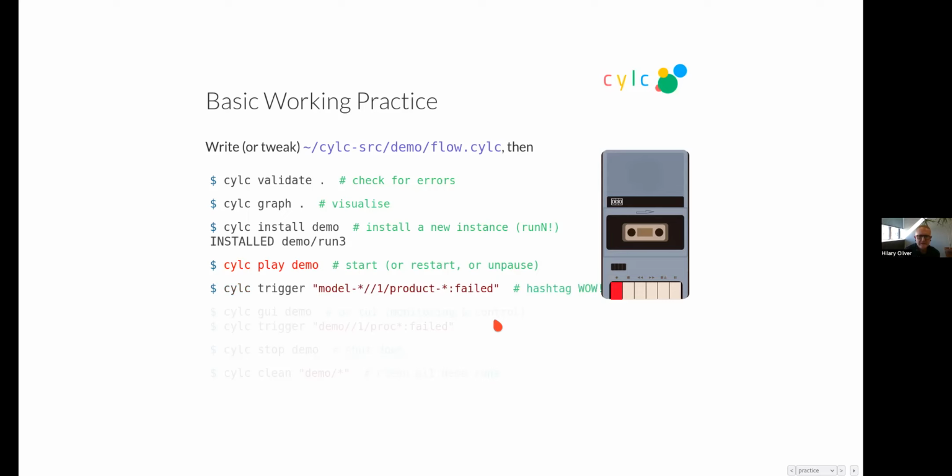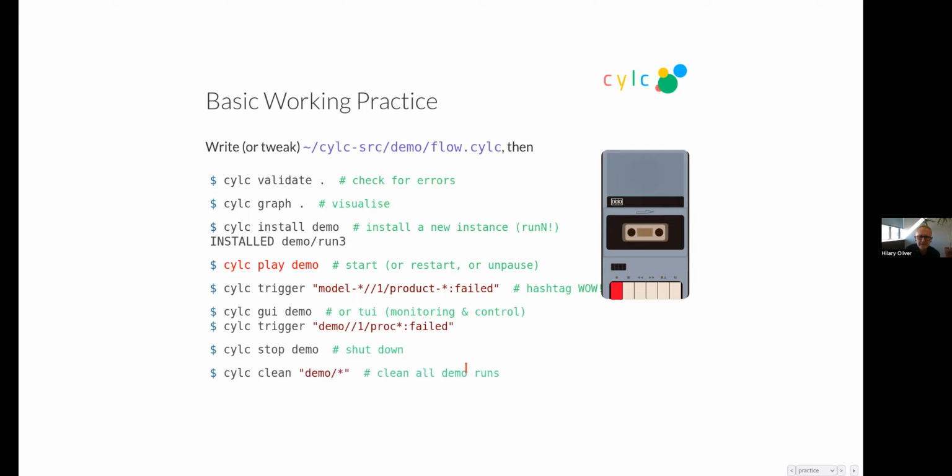And you can do things like, with our command line, trigger all of the tasks starting with the word model, sorry, all of the workflows starting with the word model, all of the product tasks in those workflows that are in a failed state, let's trigger them all manually. Perhaps because they all got killed when the job host went down. Then you can start your GUI to monitor and control it. You can stop your workflow from the command line, and you can clean up.